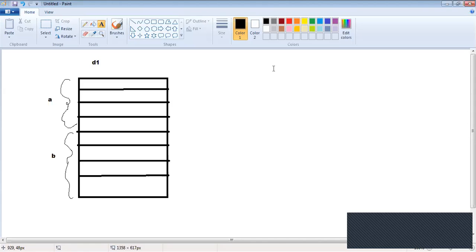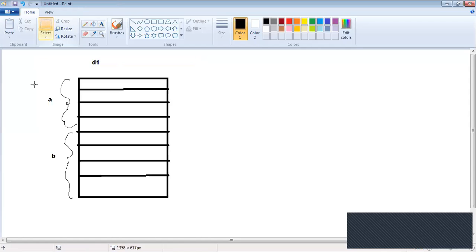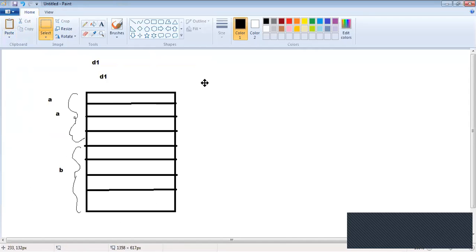D1, D2, D3, D4: however many objects there are, memory will be allocated separately like this.